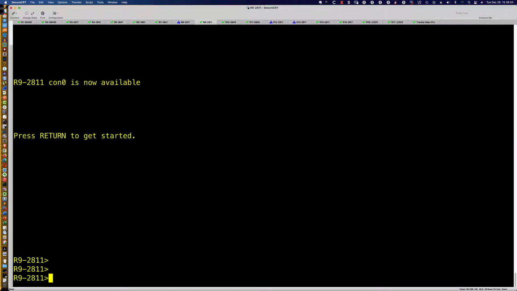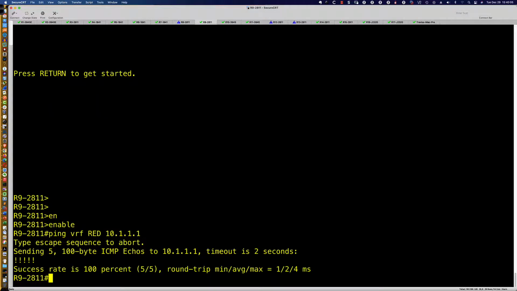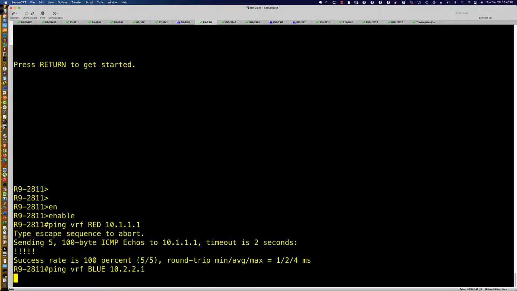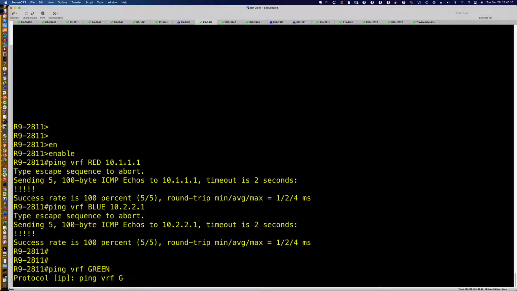So let's log on to router 9 here. We'll go from user exec as indicated by the greater than sign into privilege exec, and I'll simply say ping VRF red to the 10.1.1.1. We've got full connectivity there. What about ping VRF blue to the 10.2.2.1? And then finally ping VRF green, and I guess we'll put the IP address in here, to the 10.3.3.1,